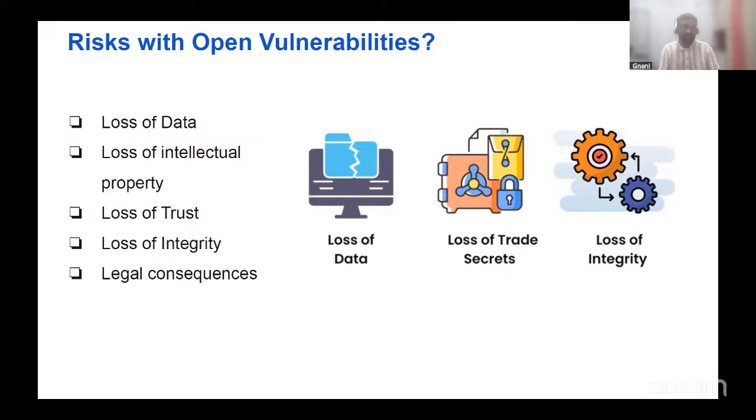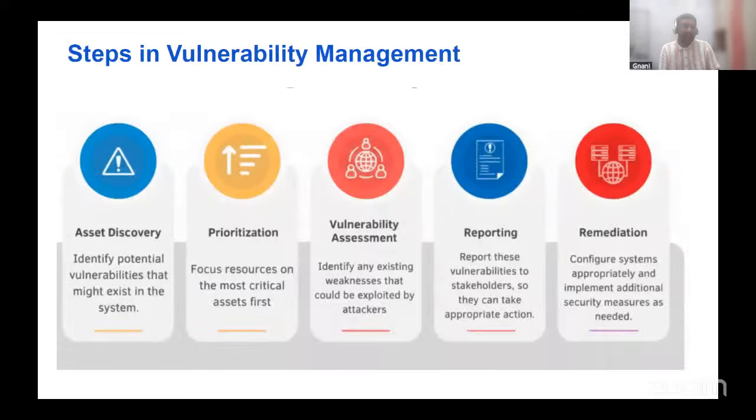So that is the risk with an open vulnerability. Open vulnerabilities means you know the gap but you're not fixing it. That is the meaning. Okay. Then what will happen in terms of vulnerability management? We are talking about identifying the gaps, and about what happens if I'm not fixing them. But especially if you want to understand the complete process of vulnerability handling,